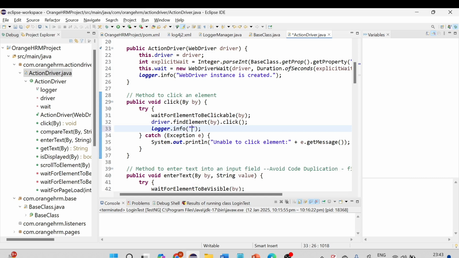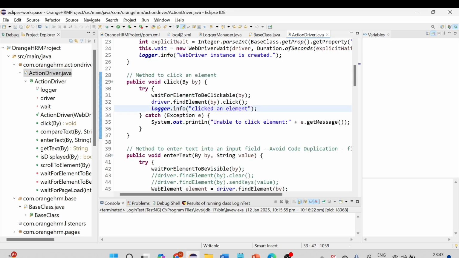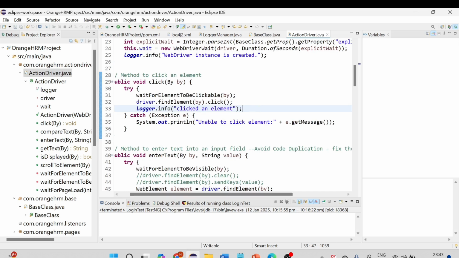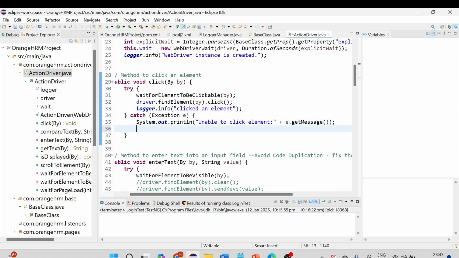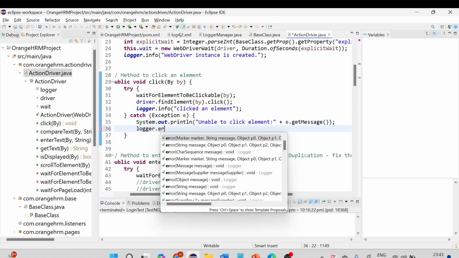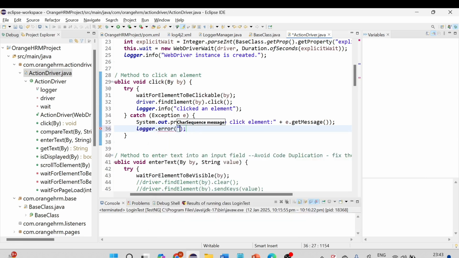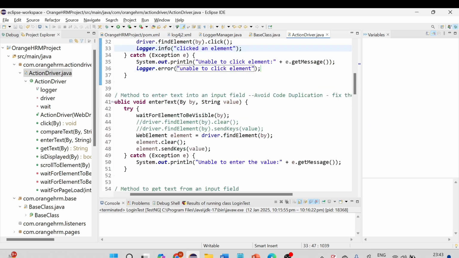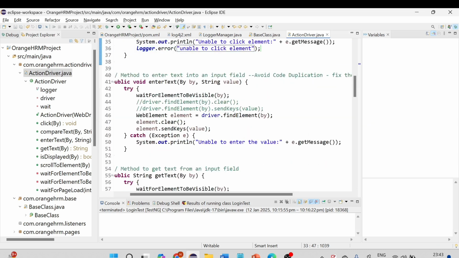Here we'll put logger.info, clicked an element, correct? And here we can write logger.error, unable to click element, correct? We can write like this, and for enter text,